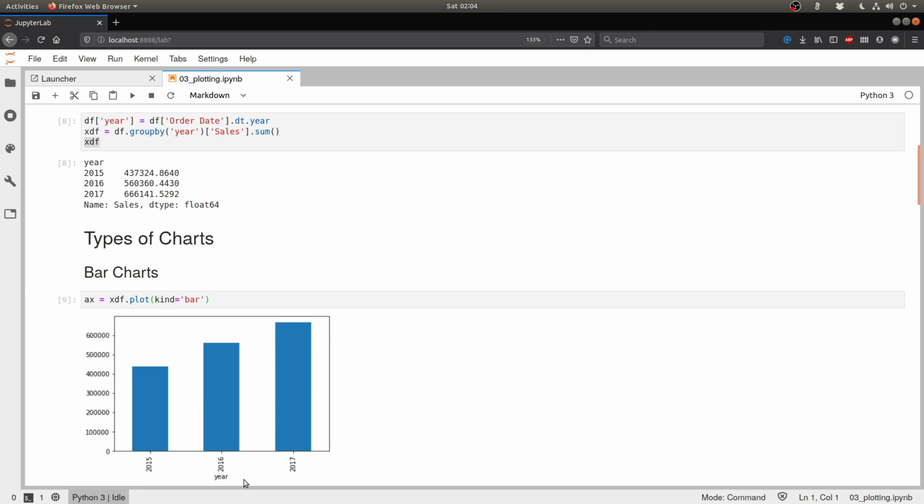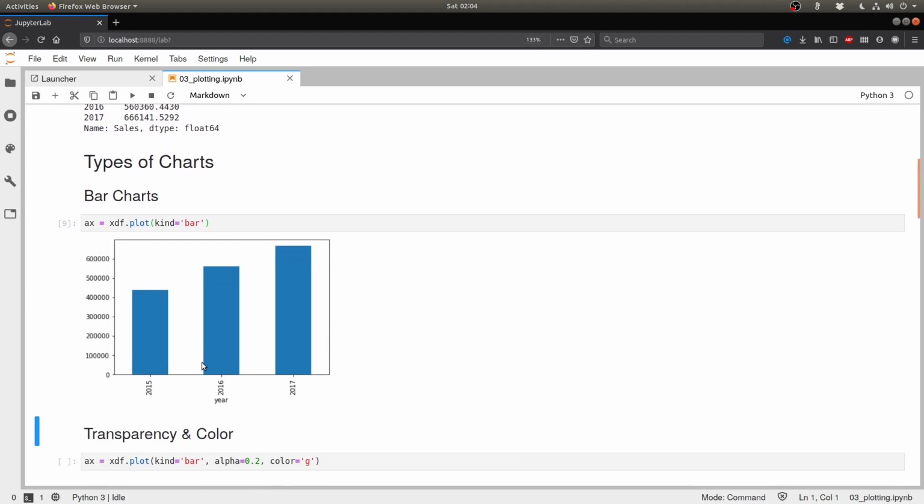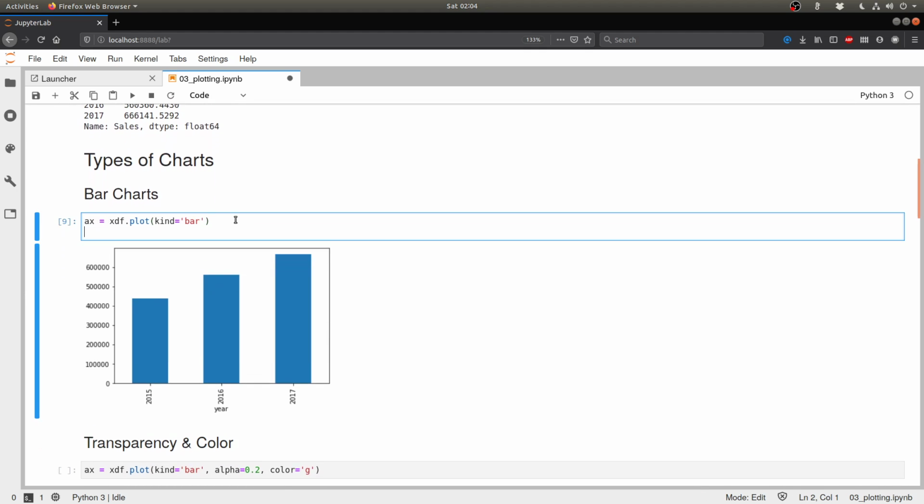Now, in this particular chart, I know that 2015 is a little above 400,000 and a little below halfway between 400,000 and 500,000. So just by looking at this, it's not very easy to say what the exact value is, or the closest round number to which this height matches. In order to change that, I can simply add a grid attribute to it.